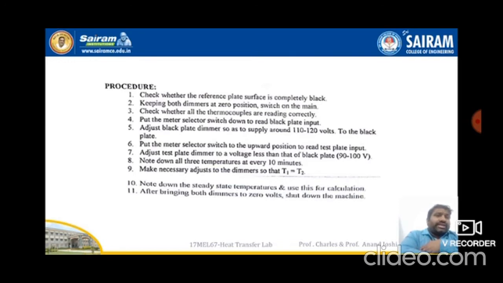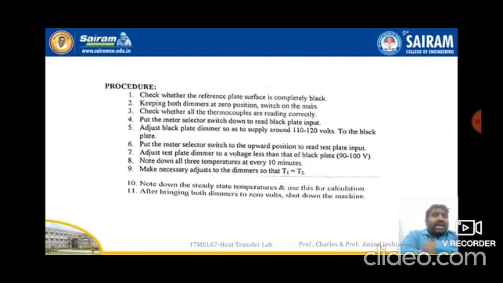That is one point. Second one is keeping both dimmerstats at 0 position before switching on. Third point, check whether all the thermocouples are working, or reading. Fourth one is put the meter selector switch down to read the black plate input. And fifth one is adjust the black plate dimmerstat to supply around 110 to 120 volts to